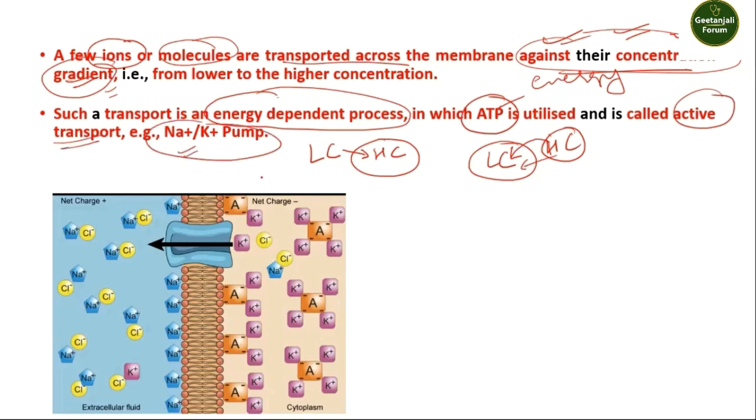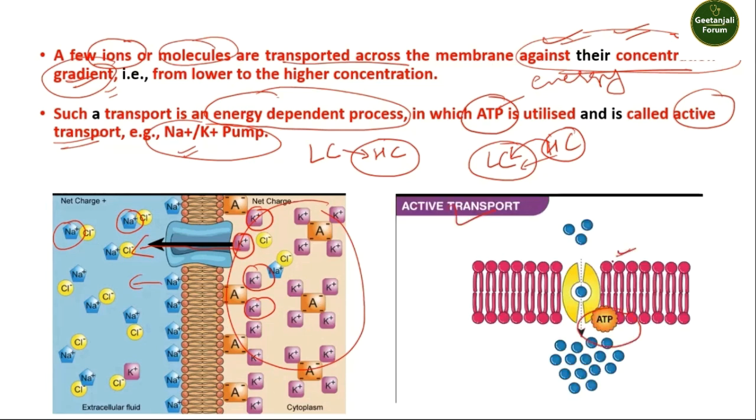This is potassium outside the cell and sodium is present inside the cell. This potassium has to go inside the cell. If there is high concentration of solute outside the cell and low concentration of solute inside the cell, then this process will require energy. This is called active transportation. Here ATP is utilized, and this protein will take this potassium inside the cell, and this process will utilize cell energy. ATP will provide energy for this, and we call it active transportation.